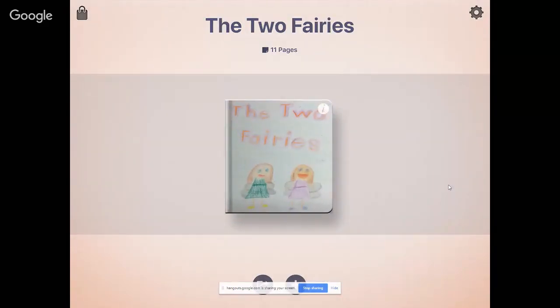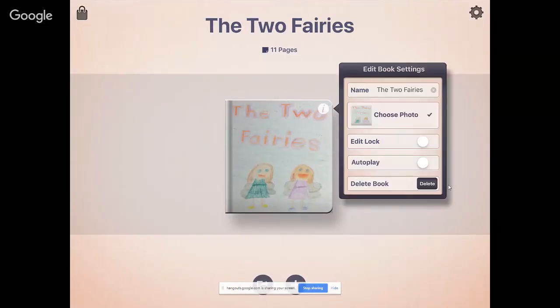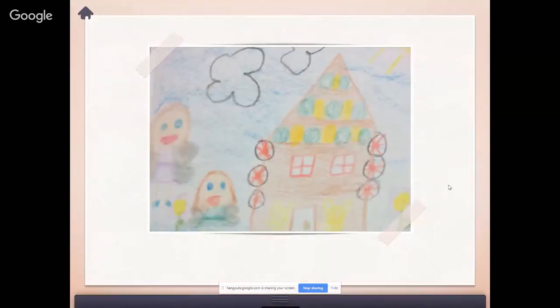Okay, so when your students want to share their story, or if you have stories that you have created for students to read, when your kiddos open the app, all of your stories will be right here. This will be the library. They click on the story and it's good to go. If you want to autoplay, remember, you can go back here, click on autoplay, and it will autoplay for you.